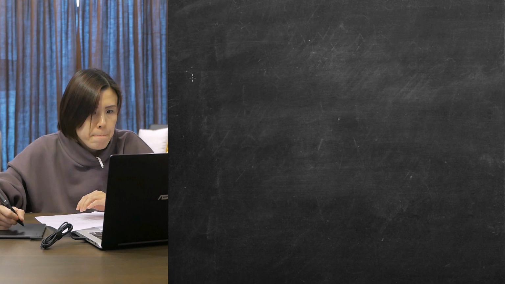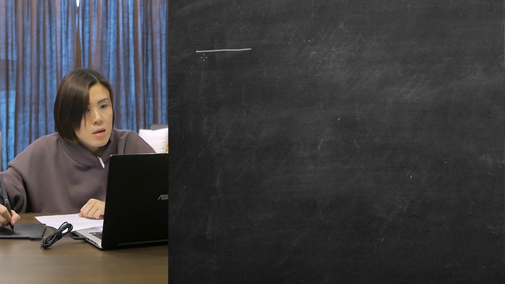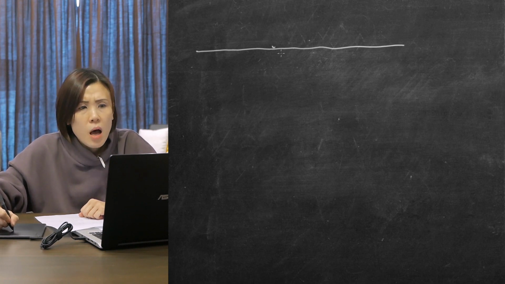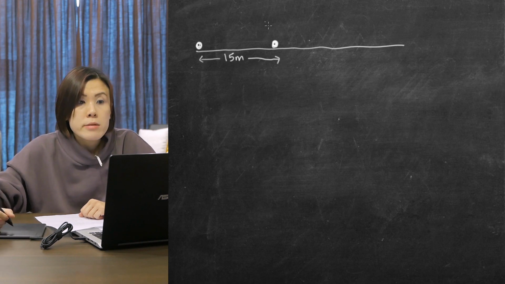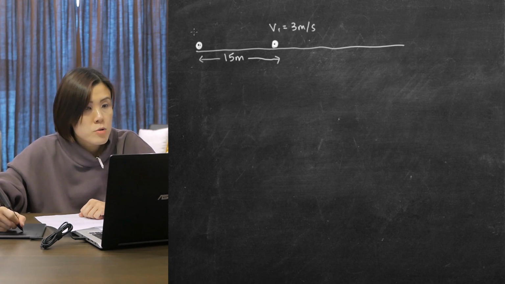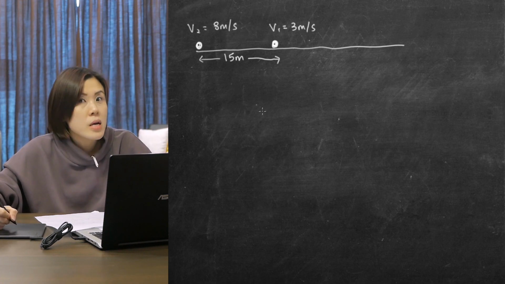Okay, imagine there are two objects on a straight line, and the first object is 50 meters ahead of the second object. Let's say the first object has a speed of 3 meters per second, and the second object has a speed of 8 meters per second. So from here we can see that the second object can definitely catch up with the first object